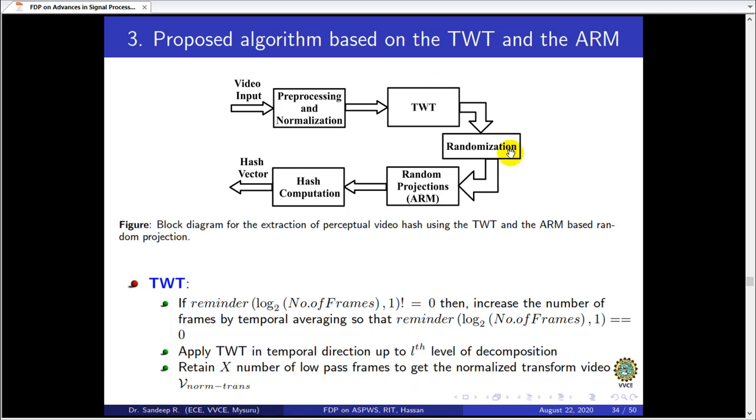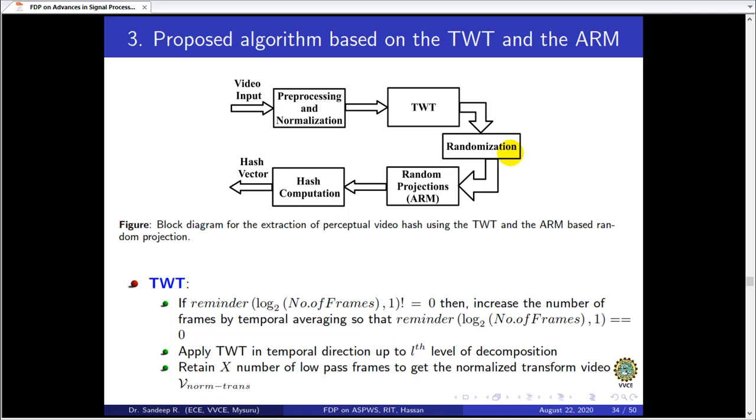Now once we have got that, please remember that it is not the luminance component, it is the transform domain coefficients. So that means we have got relevant features. Now it is a video. Depending on a secret key, we again have subcubes, and on these subcubes we apply the random projection technique. How? On each subcube we vectorize it. Again, this is a point in high dimensional space. We have n subcubes, so we have n points in high dimensional space. We apply our Ecloptas random matrix on the transform domain coefficients obtained from the temporal wavelet transform.